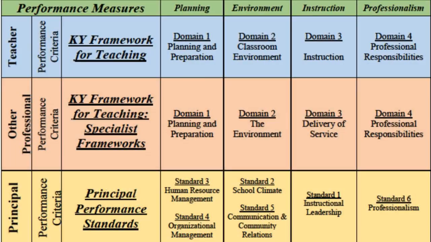So don't always assume that the evidence you select is one-size-fits-all. Very much like we have evidences that we use to determine student growth and the different ways that we measure that, that should be considered as well for your professionals. What works for teachers and makes sense and would provide strong evidence may not be applicable to the criteria and the domains of the other professionals. Same goes for principal and assistant principal.